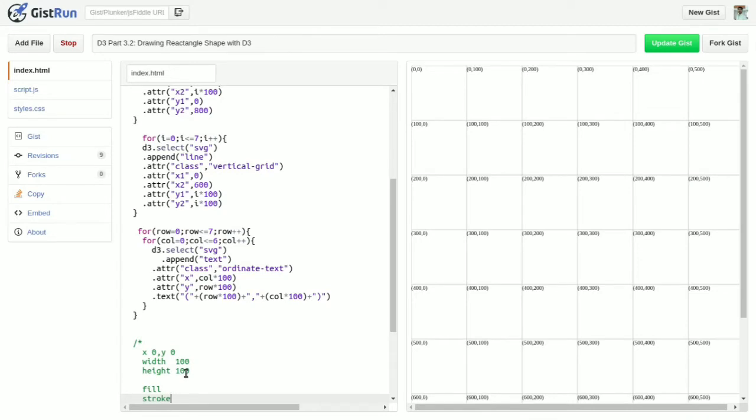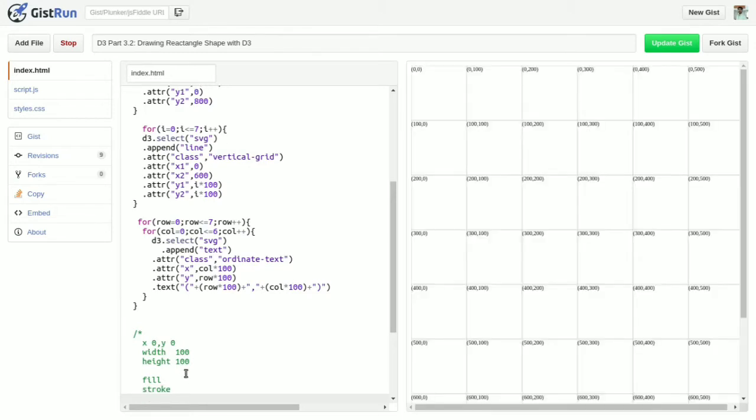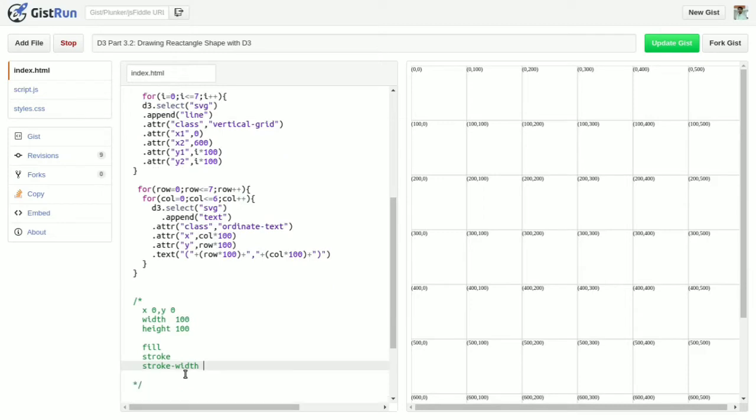Using stroke you can provide the border color for that rectangle. Another important CSS style for the rectangle is stroke width. In the same way as in HTML, you can give the border width to this rectangle using the stroke width CSS style.